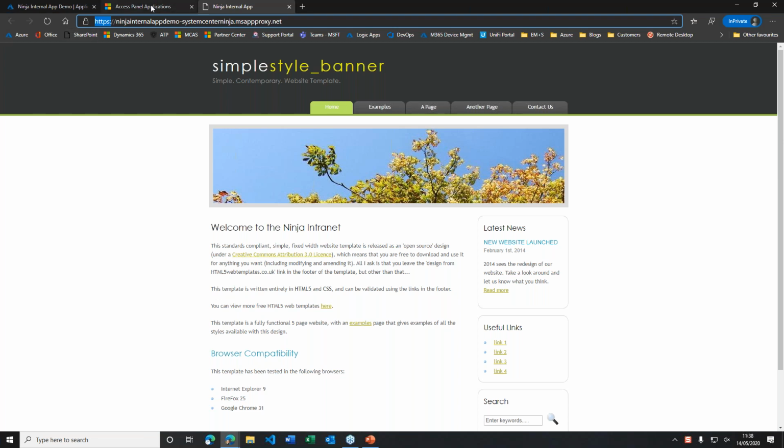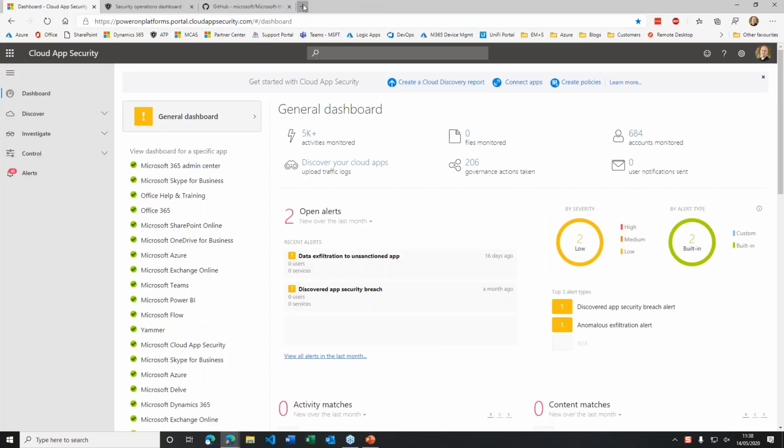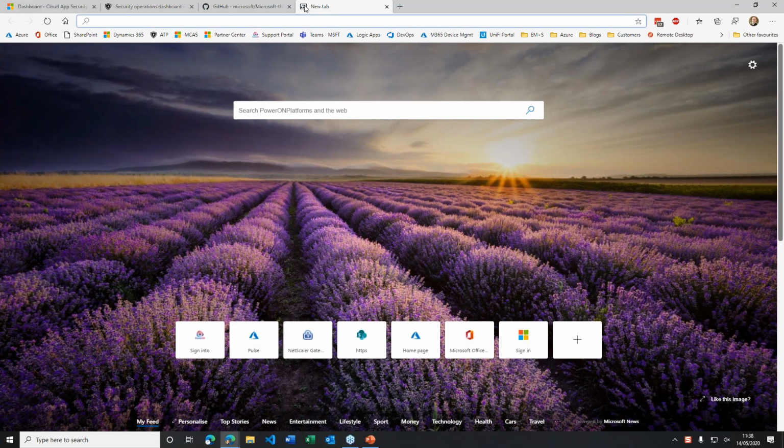So that's that idea of being able to publish out applications internally and mix it in with your single sign-on based applications. Now, talking about the conditional access side, if I go again to my Azure AD,